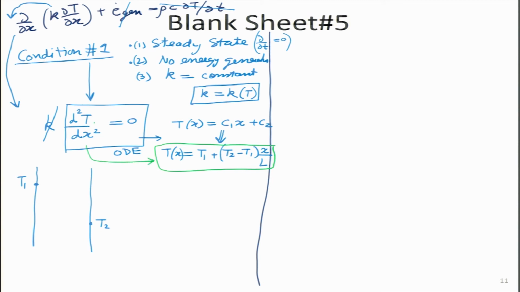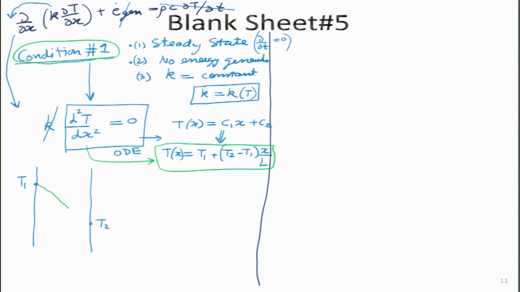is the solution of this particular heat conduction equation under condition number 1, which means wherever an engineer can find a plane wall which is at steady state, in which no heat generation is taking place, and the thermal conductivity of that material does not change significantly with temperature, that engineer can directly predict that the temperature profile inside that wall would be a straight line. It would be a linear slope like this, or it can also be like this, which means it is not necessary that T1 always has to be greater than T2, it can also be less.